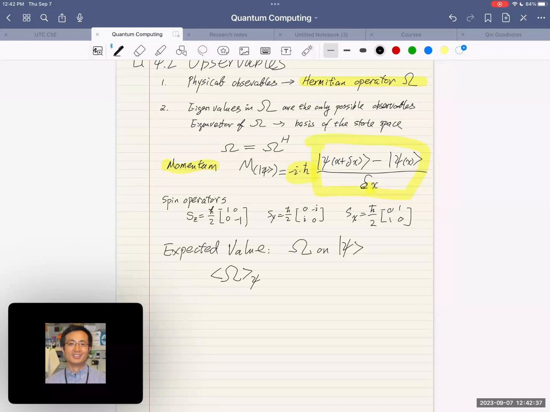And the variance, once we have the expected value, the definition is the operator minus the mean, followed by the indicator. So that's the